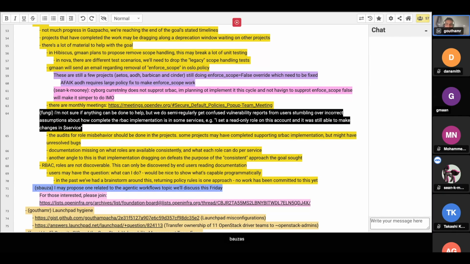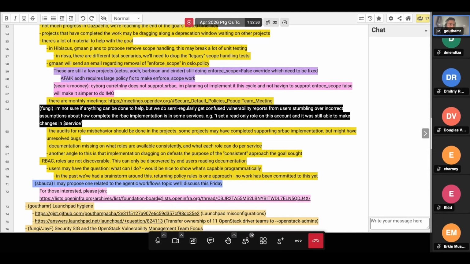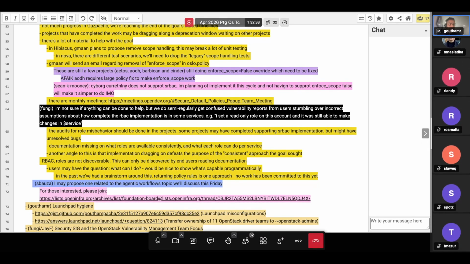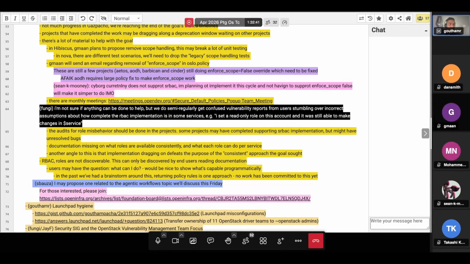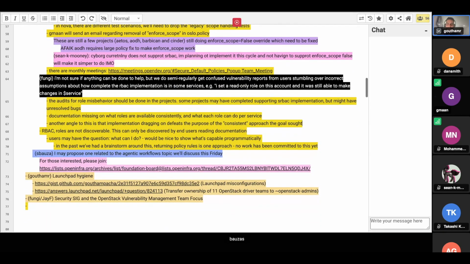One of the reasons this is a big topic here is because we're not talking about SRBAC specifically in the rest of the PTG, but we'll be talking about eventlet removal tomorrow as a cross-project session. I don't know if Hervé is here or anybody that wants to talk about eventlet briefly. Probably not. Does anybody have anything to share about eventlet progress in their projects? Anything to bring up to the TC?